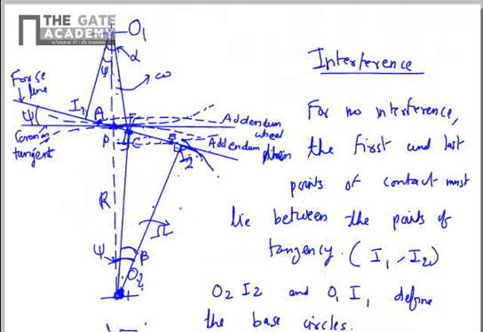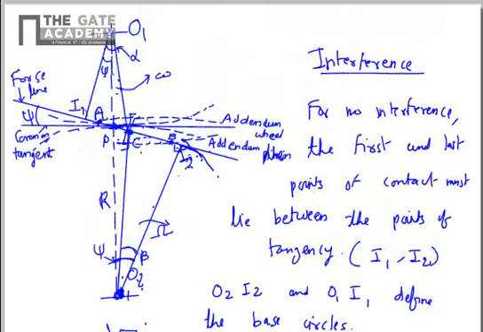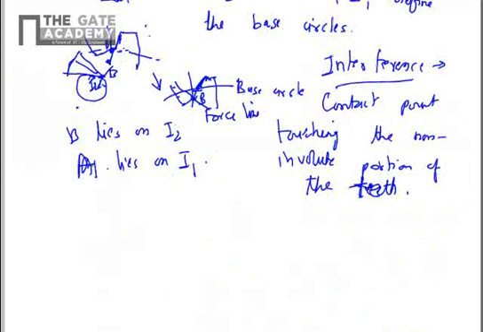So we'll derive a condition for that. The limiting case is when B lies on I2 and A lies on I1. This is a limiting case, and if B lies on the other side of I2, then interference is said to occur. A and B are coming from